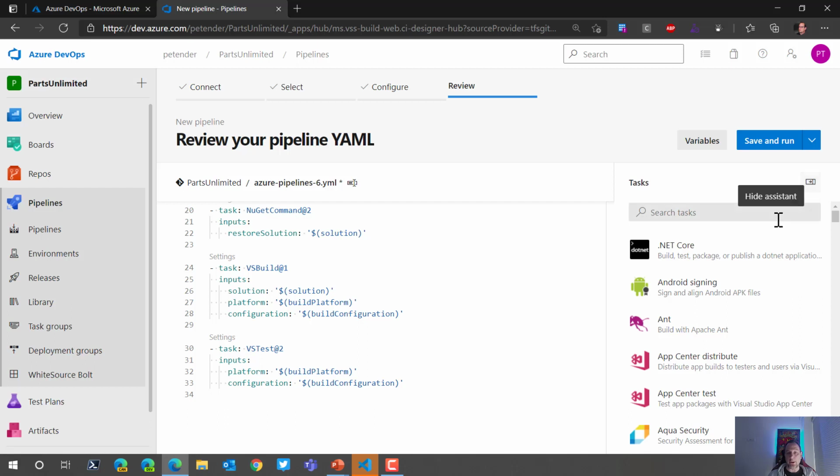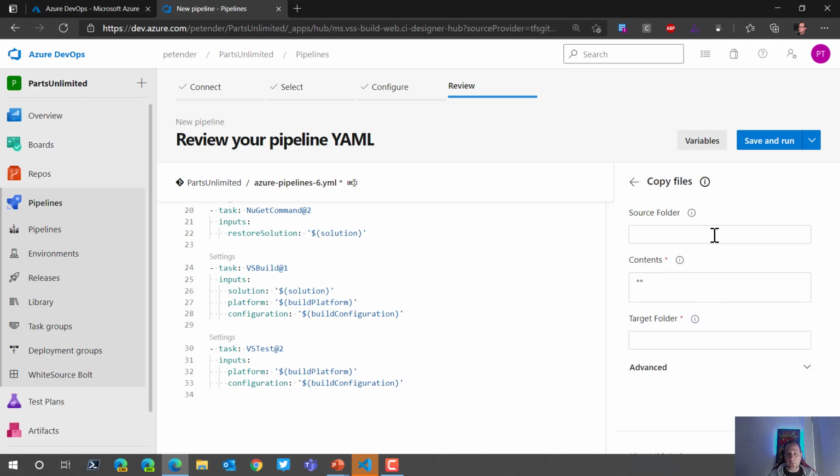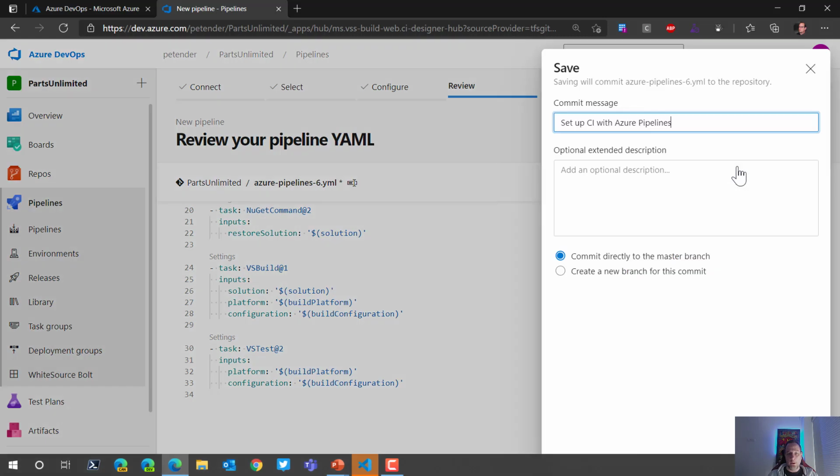If you want to add similar tasks as what I showed you before, you got this little gimmick here on the side, injecting classic based tasks, where let's say we again want to copy some files. We could now nicely complete it from here, where my source folder would be my build directory variable, everything that's in there. The target folder would be my artifact folder, or anything else. I mean, it's just defining some variables, saving it,